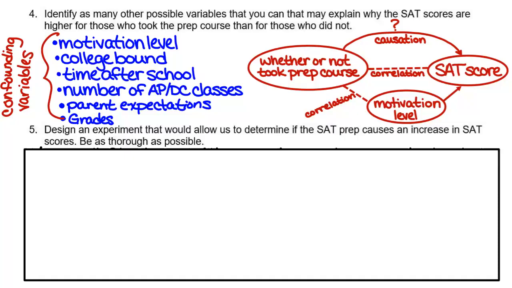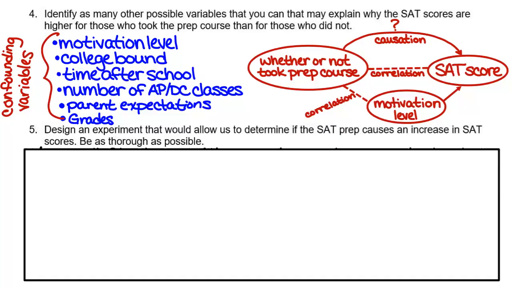I have seen, at this point, several AP exam questions where they ask, what could be a potential confounding variable here? And one of the things you have to do, if you're going to offer something up as a potential confounding variable, is talk about how it's connected to the explanatory variable and how it's connected to the response variable. So how is it connected here? Or just establish that there is a connection, that these two things are related, and that this has an influence over your response variable.